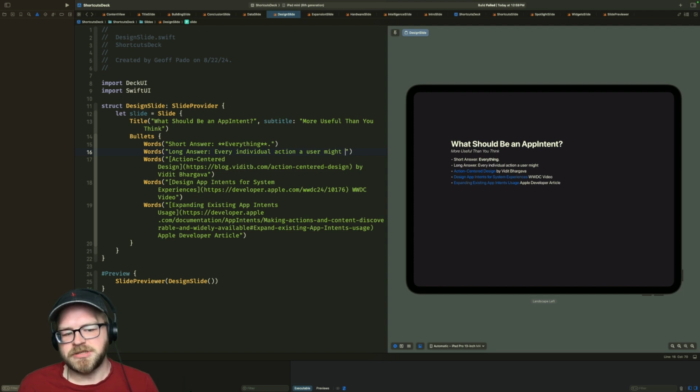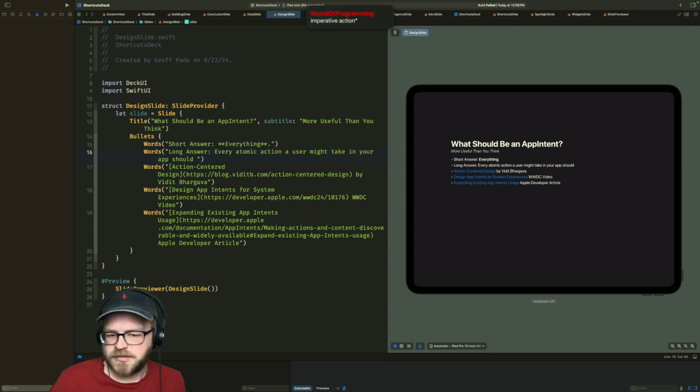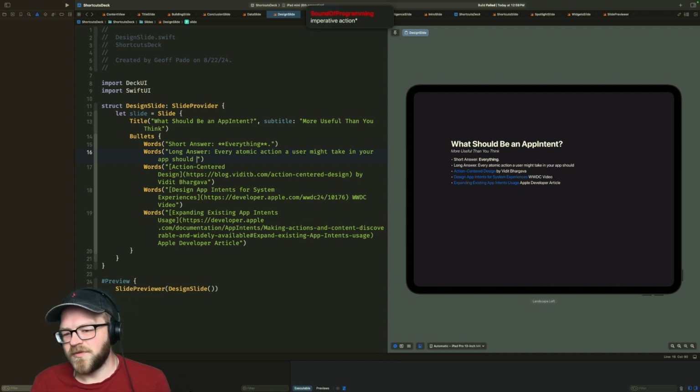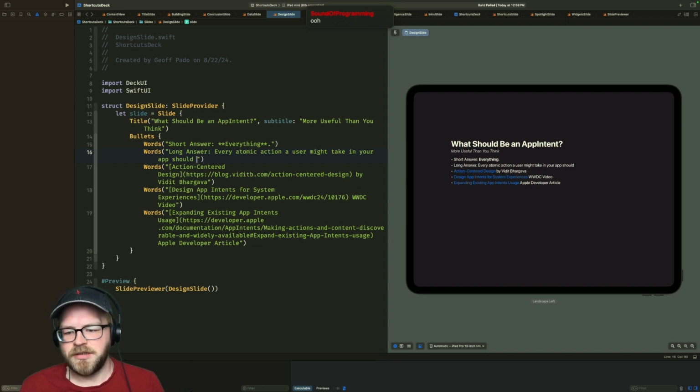Every individual action a user might take in your app should be atomic. That's a much better word. Imperative is not quite what I'm looking for, but atomic, yeah. Every atomic action a user might take in your app should be represented by some app intent.